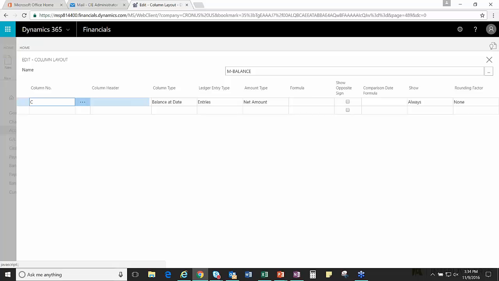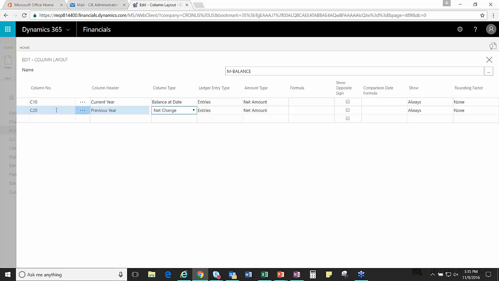So we'll go ahead and start adding in columns. We'll call this the current year. Everything else in this line looks good. So we'll go down to the next. I want to change this to a balance at date and the comparison date formula. Now, I would like to see the comparison between these two, so go ahead and put another column in here,